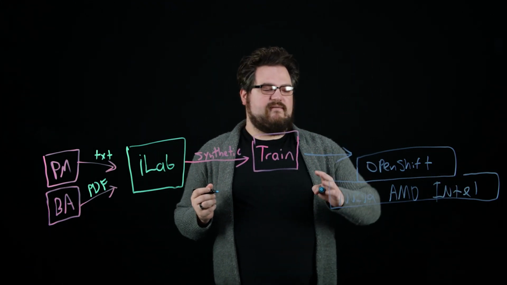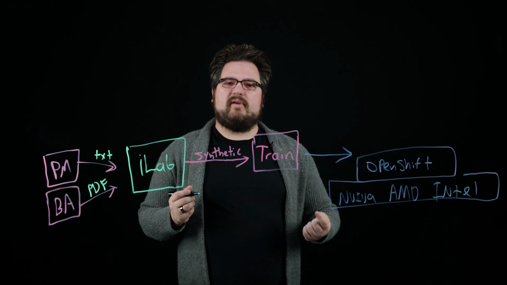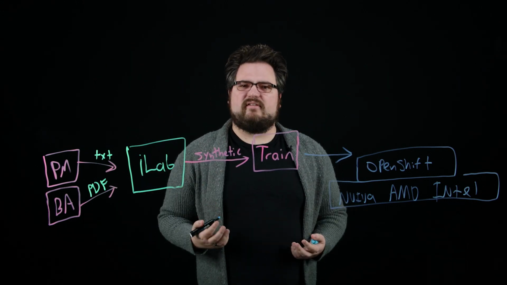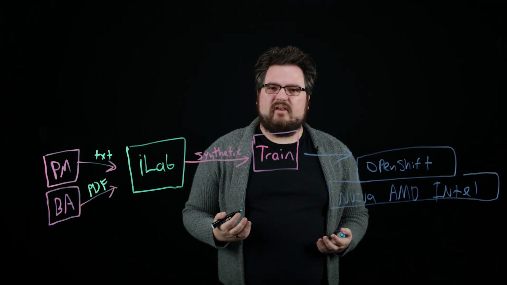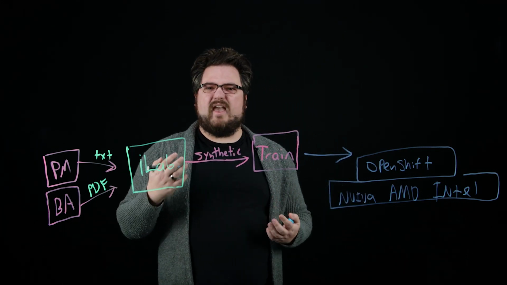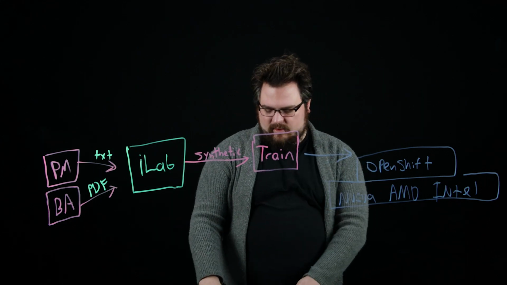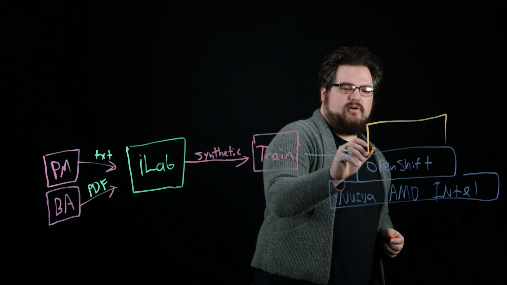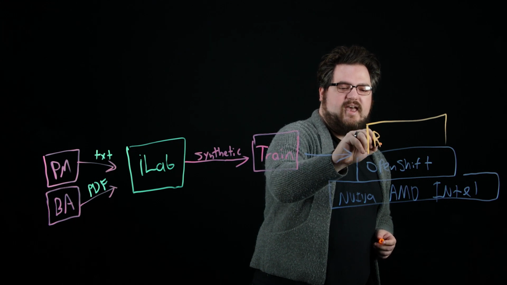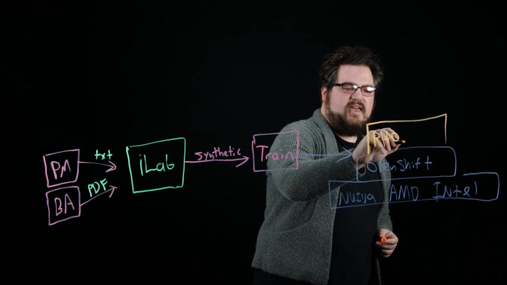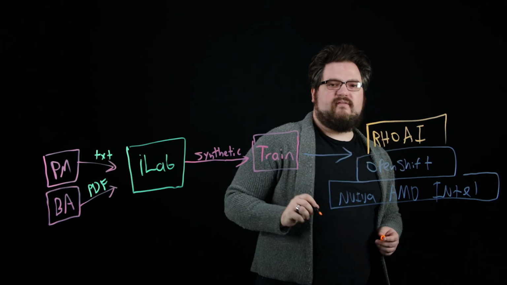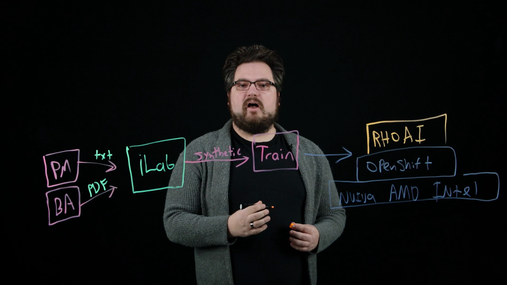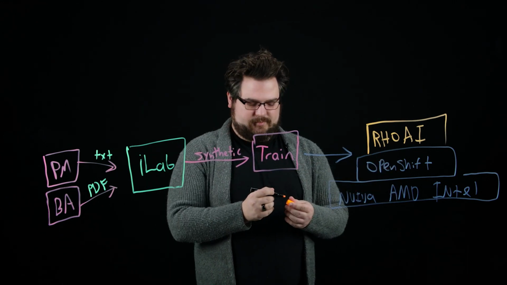Now, this is the infrastructure layer, but we want to be able to interact with our model and be able to configure the inference and be able to apply metrics and all those things that need to be part of the MLOps lifecycle. Now, we can do this with an extension for OpenShift called Red Hat OpenShift AI, which will provide you all those tools for managing the lifecycle of this model within production.